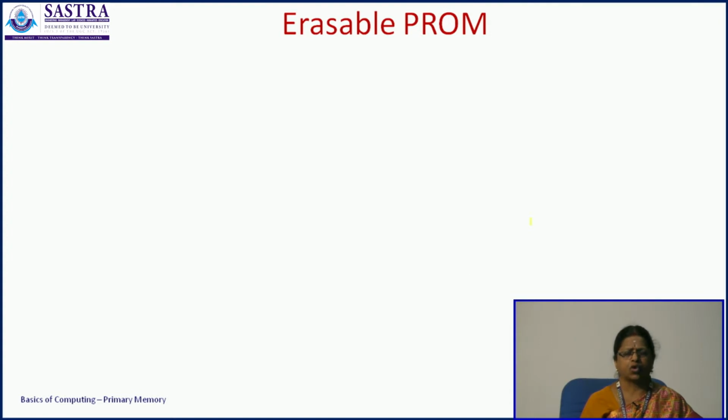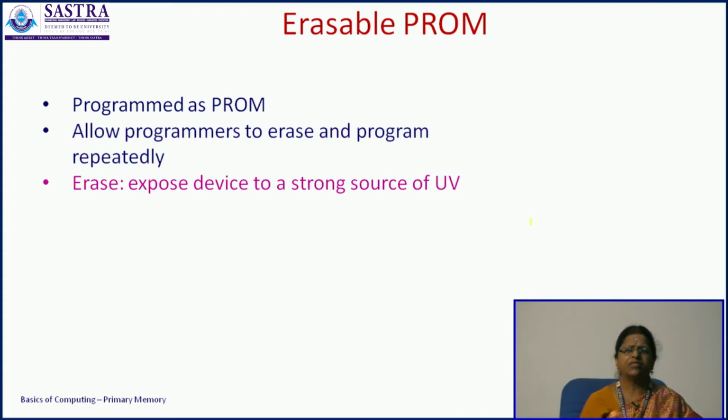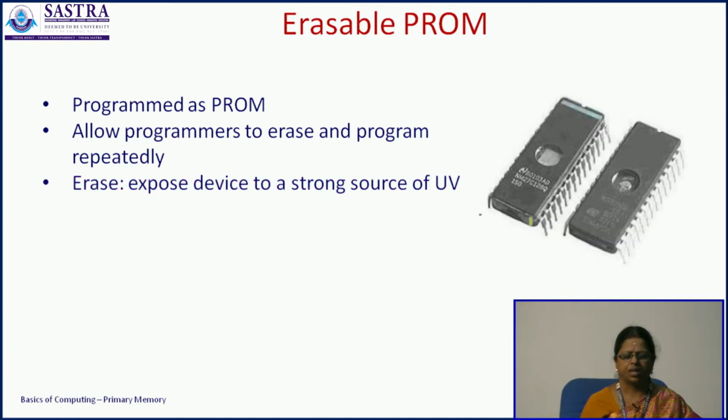The next type of ROM is erasable programmable read-only memory. They are programmed like PROM, but they allow programmers to erase and program repeatedly. How do you erase information present in the ROM? You need to expose the device to a strong source of ultraviolet rays. All the EPROMs have a quartz window in the center. We expose this quartz window to ultraviolet rays so that the information on the EPROM can be erased, and we can rewrite